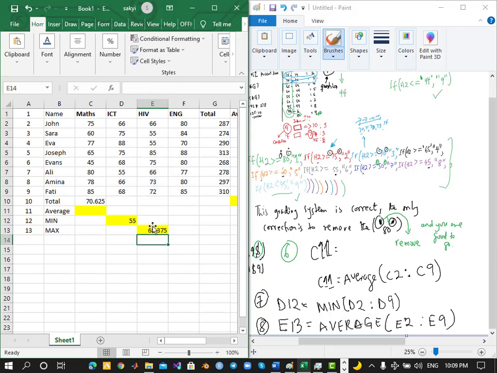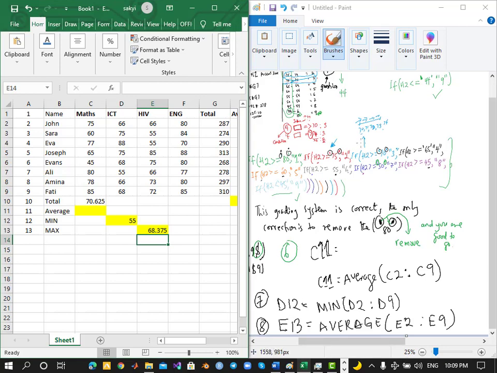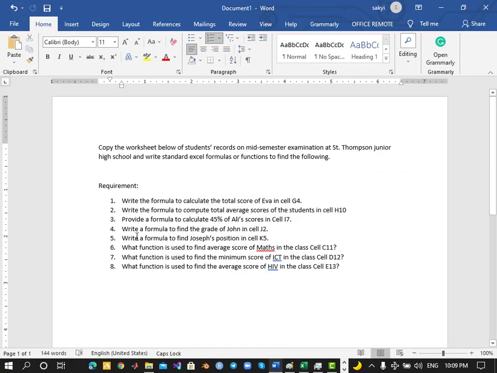Thank you so much. So that is that for all the questions that we have there. I said I wanted us to look at one thing, which was question number 3. It says provide a formula to calculate 45% of Ali's scores in